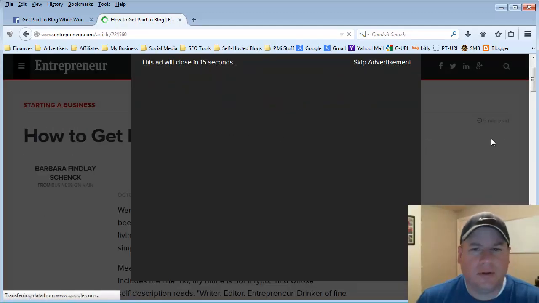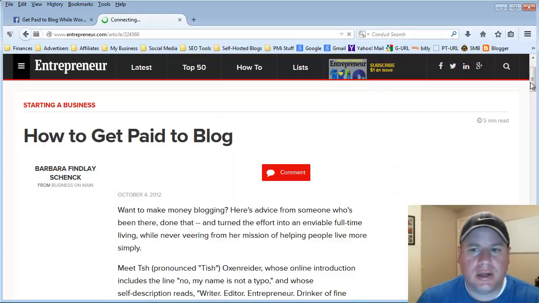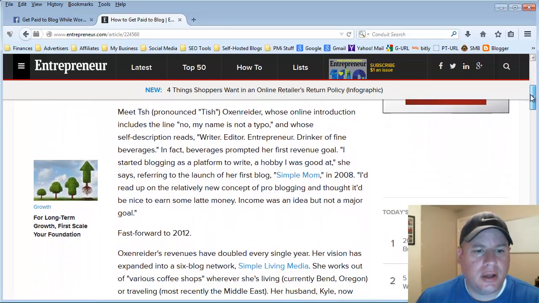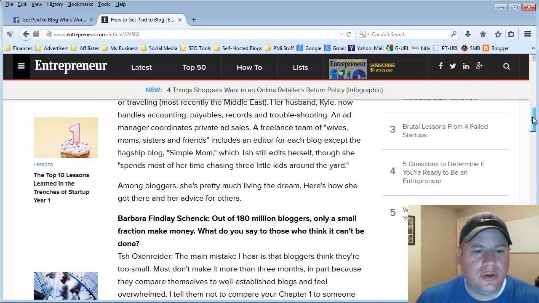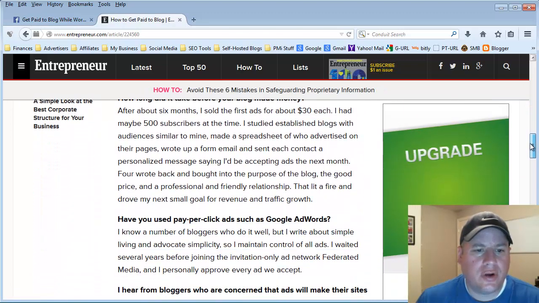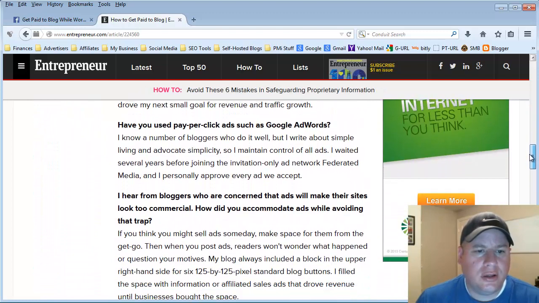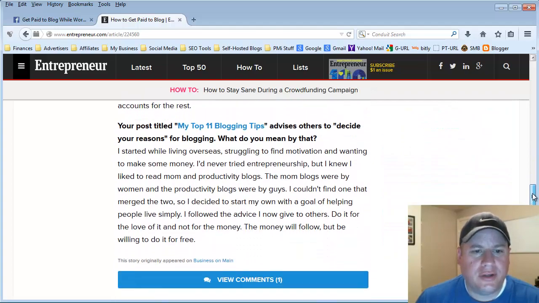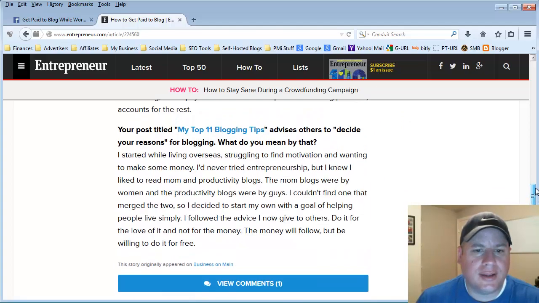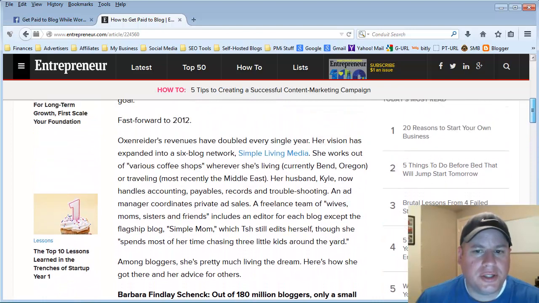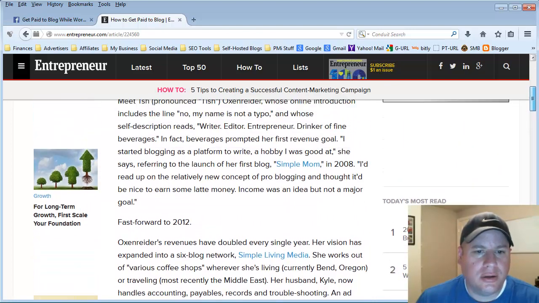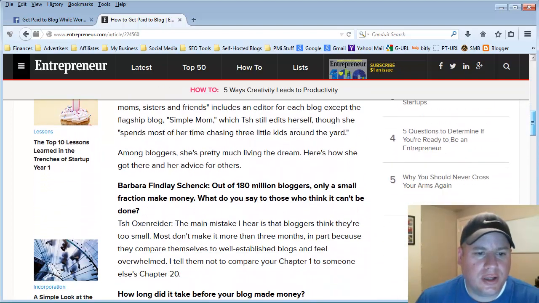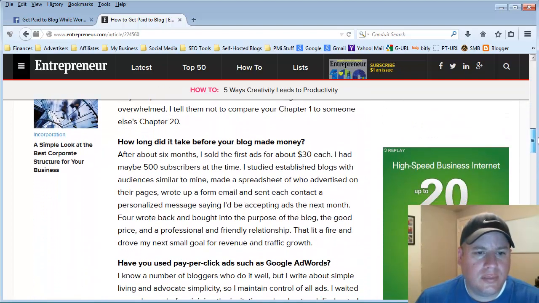And here it's going to pull up some information. Skip that advertisement. And so it has this whole article on how to get paid to blog, right? And so what I would do, I would read through this article. I would take some key things out of it, and maybe I'll make like a top 5 list or a top 3 list or something like that, depending on the ways they've mentioned in here how to get paid to blog, right? And so just for illustration purposes, let's say,